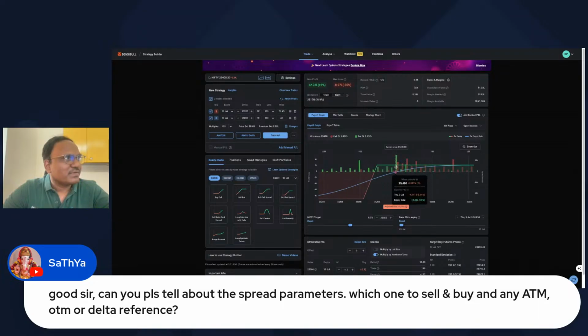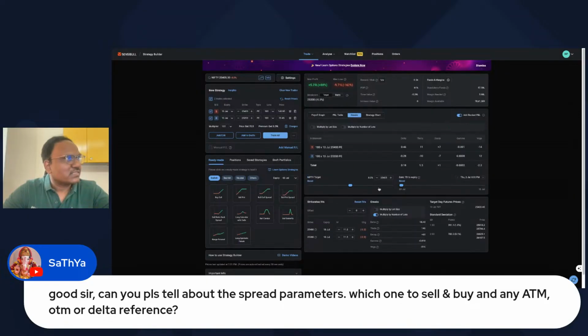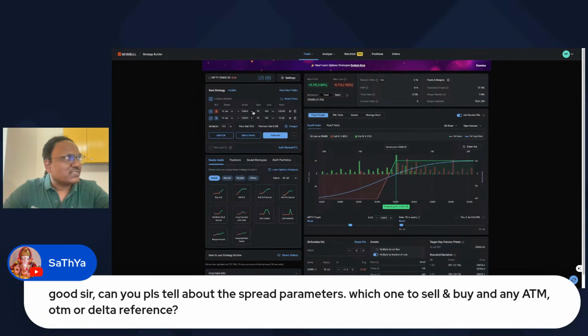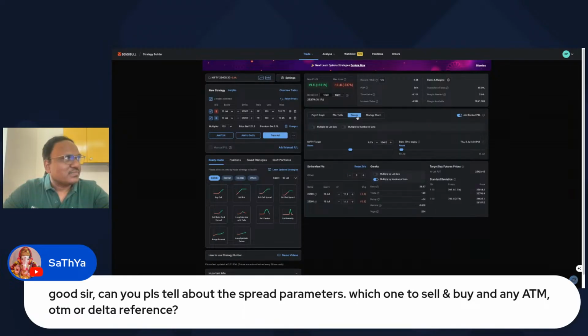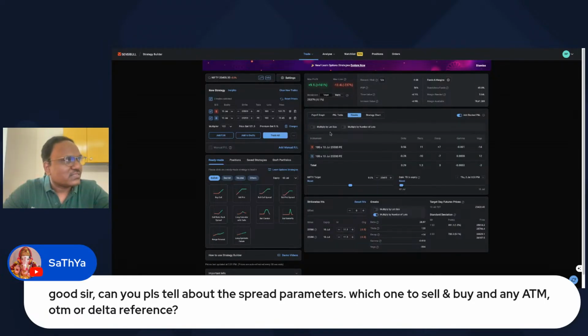And also see, the important thing is the probability, right? So now it says about 75. At least if you want to take risk, you can go pretty much like 50%, which is like delta. If you look at that, it's going to be 0.5. Suppose if you go here, delta would be 0.5 mostly. Let's go to Greeks. Yeah, 0.46, right? So you can go a bit more close also. Yeah, play around. I do not want to prescribe saying that, okay, take this delta, take that delta, because each one of you will have your own risk appetite. So yeah, 0.5.